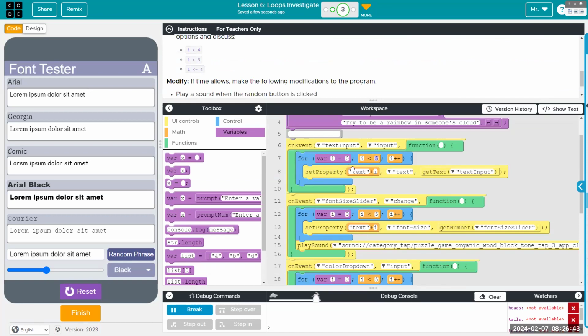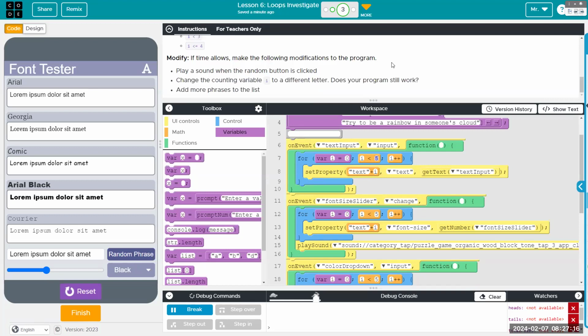So I starts at 0. It does it so long as I is less than 5. So the first time through I is 0. It does a thing to text 0, goes through the loop again, checks to see if our counting variable is less than 5. Well, after it adds 1, it's 1, checks to see if it's less than 5, goes back around, does something to text 1, adds 1 to it, goes back around and checks. If we only did it while less than 4, it would never do the update to the last one.